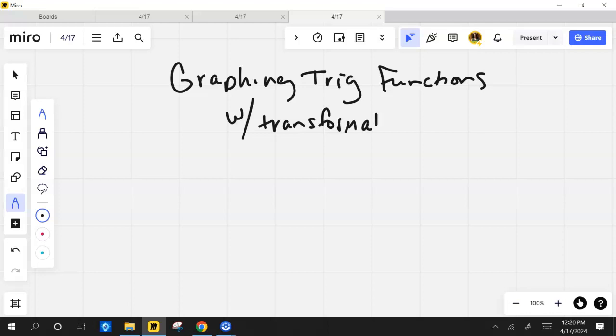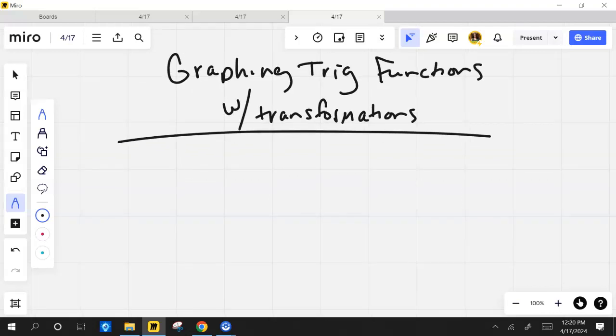This is more than just the parent. This, I would venture to say, is probably one of the harder things that we have done thus far. It won't be hard because you're paying attention. As a reminder,